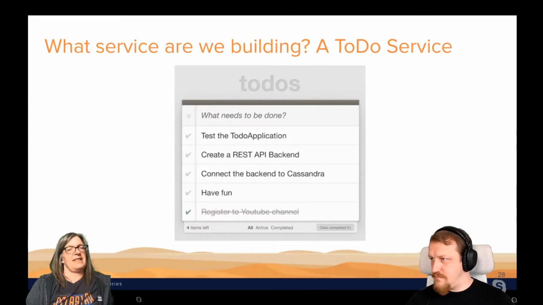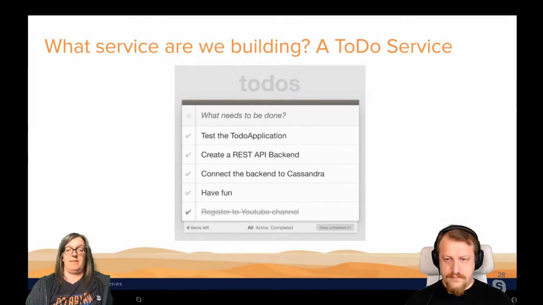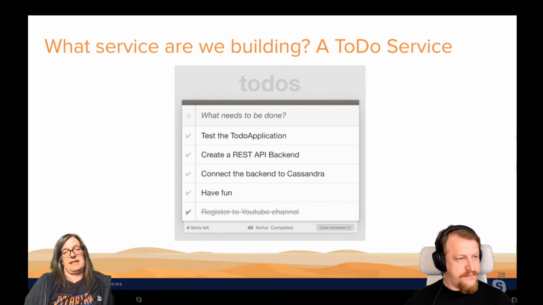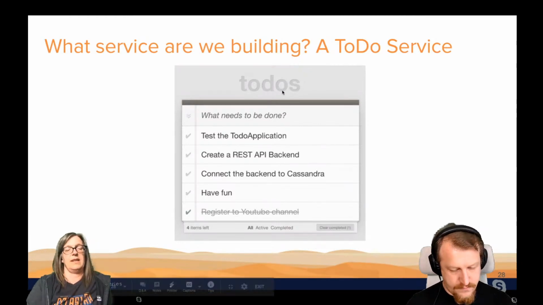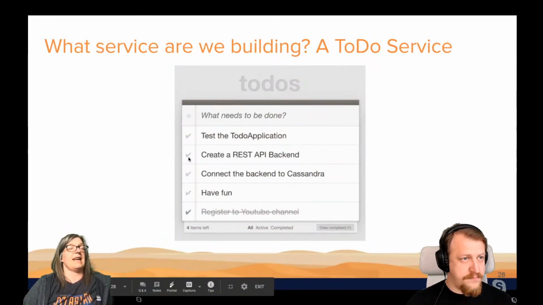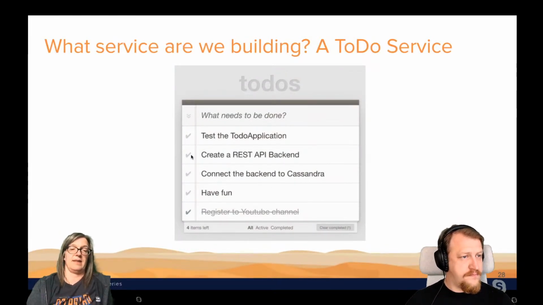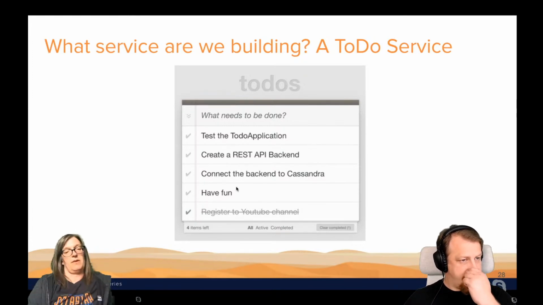And so this is what we're building today. Again, it's a to-do service. It's basically a REST API for a to-do application. What you basically expect from it is the ability to insert and create tasks. You have the ability to list them all. You can mark them as completed. That's an update, so you update the task with a complete. You probably also want to delete them at some point, and you might delete them all and clear out your entire history there. So that's what we're going to build today.